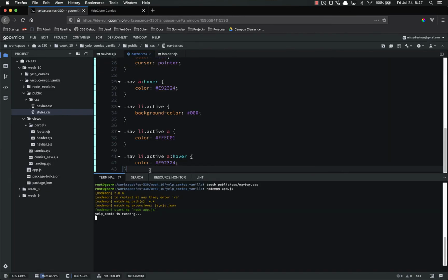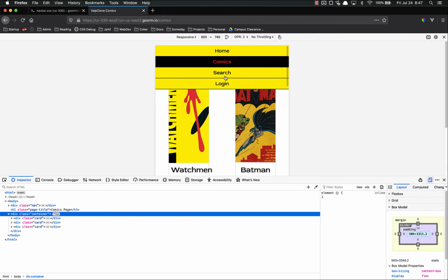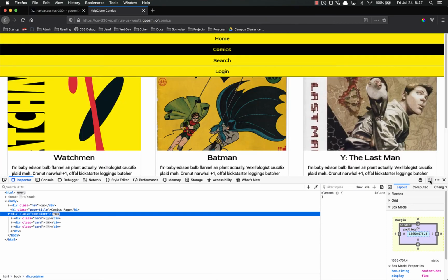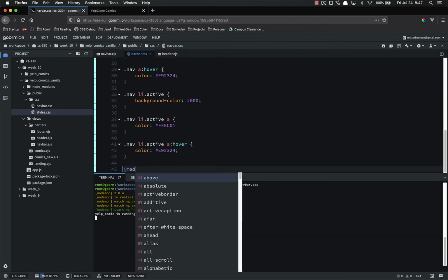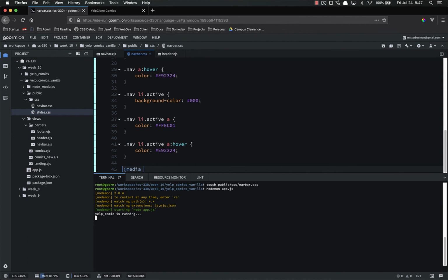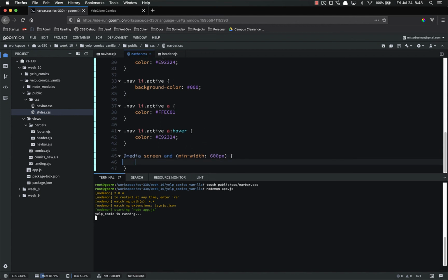Doesn't change anything. Alright, so that is what it looks like on mobile. But on desktop, that's obviously pretty terrible. So we're going to do a media query. If you remember media queries, the syntax is @media, and then you put in your query. Our query is going to be screen and open parentheses min-width of 600 pixels, and then inside of here you put your selectors that you want to take effect whenever this is true. So in other words, whenever the minimum width is at least 600 pixels,